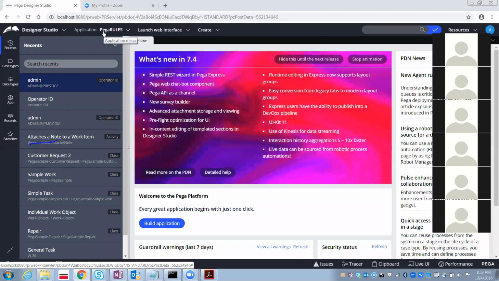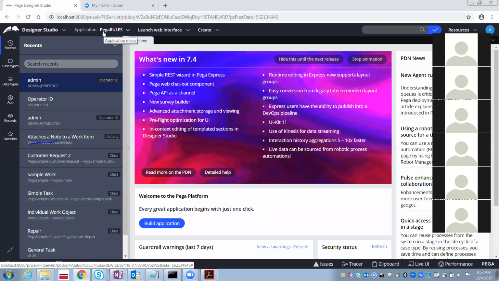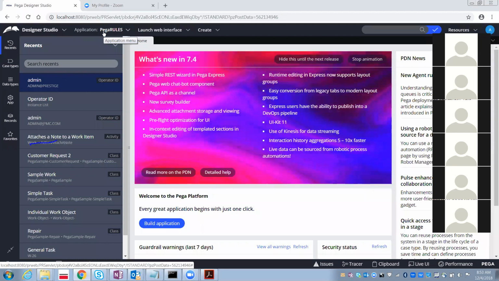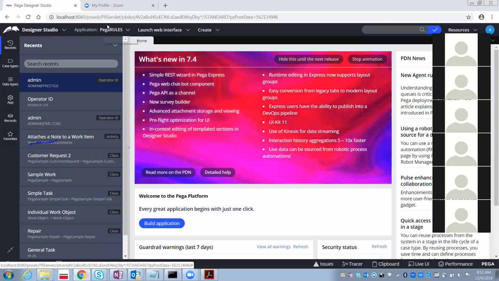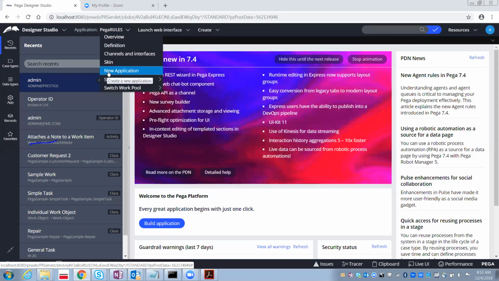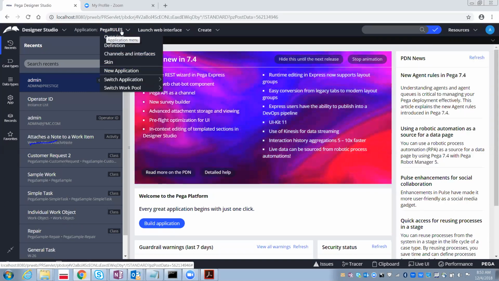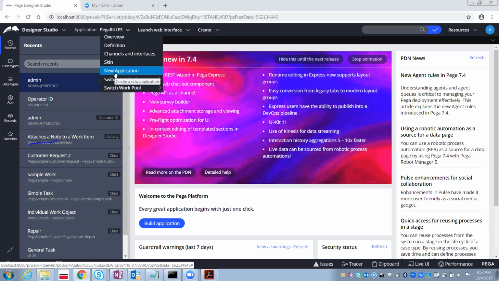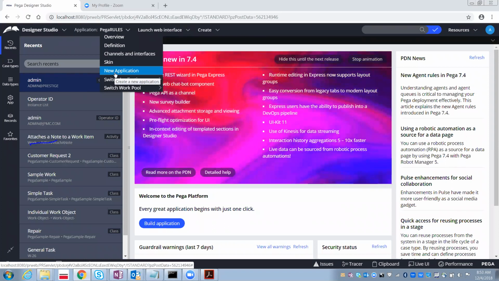Before you have any application, you first need to log in as administrator@pega.com, with the password install, and then you can create the application for any organization. Now I want to create the application for State Bank of India. So for creating a new application, select Pega rules. Under that, you will see the new application.